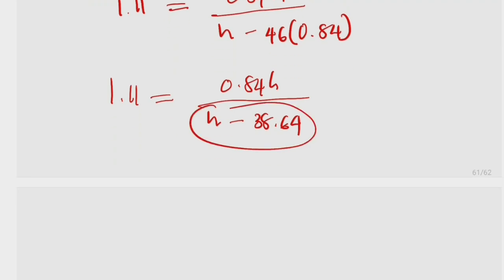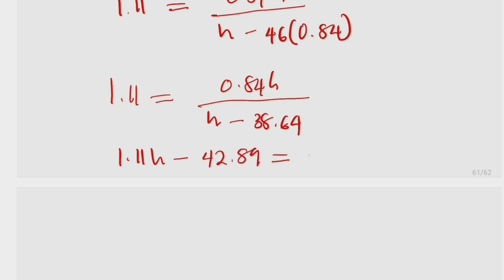Take the whole of these and multiply by this. So h times 1.11, that will be 1.11 h, then minus 1.11 multiplied by 38.64. That will give us